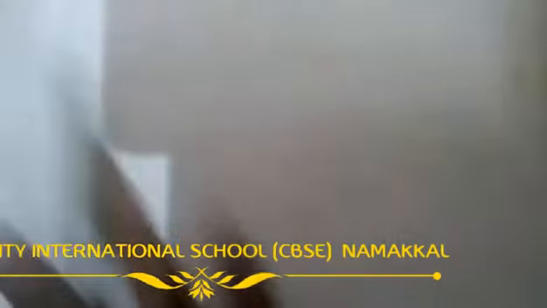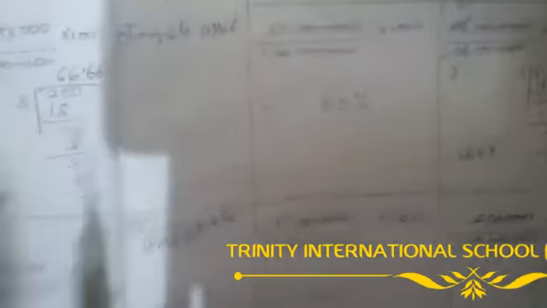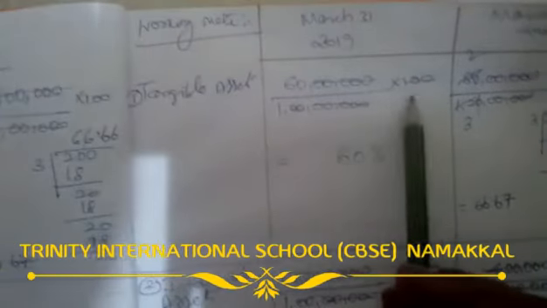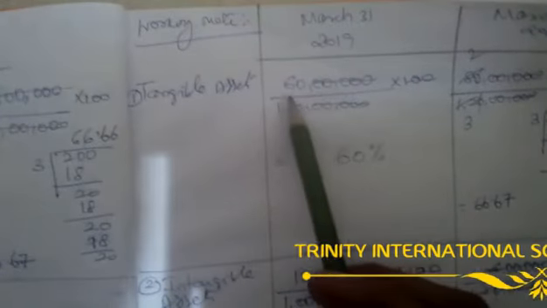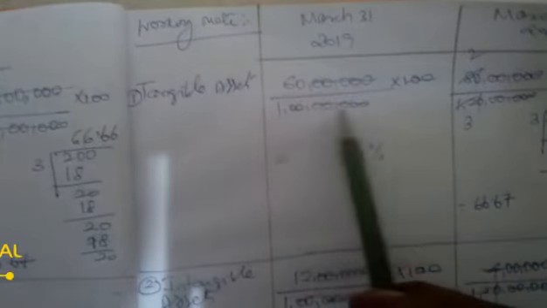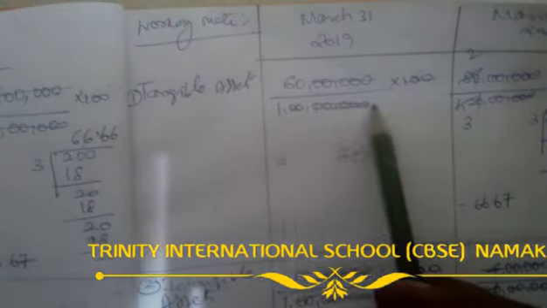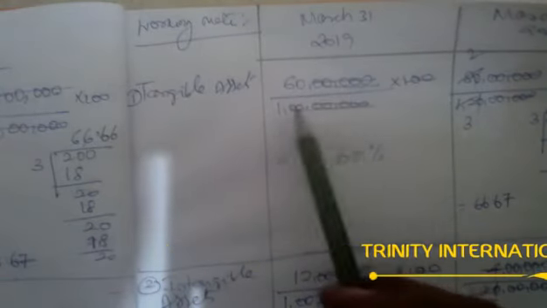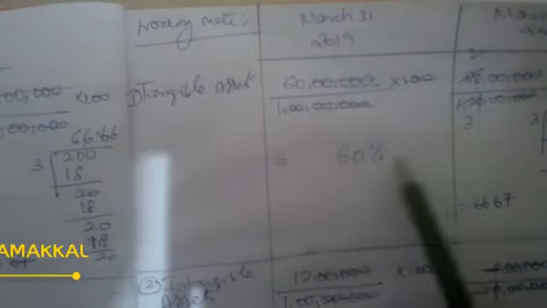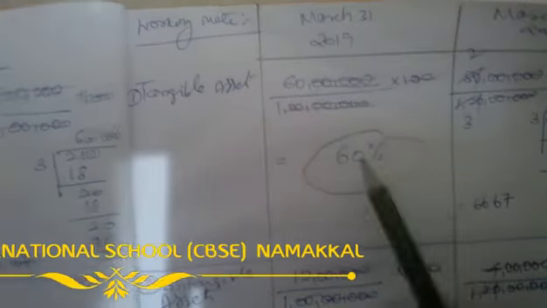Now coming to the liability side. So the liability side, same manner. See here, tangible assets: 60 lakhs divided by 1 crore into 100. When you write it like this, 60 lakhs and 1 crore written equally, the cancellation is very easy. So usually you can do the cancellation like this. This 100, this 100, so you will get 60%. Okay, that's the understanding.